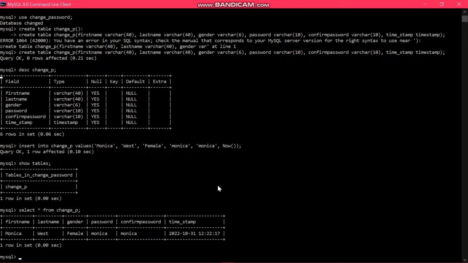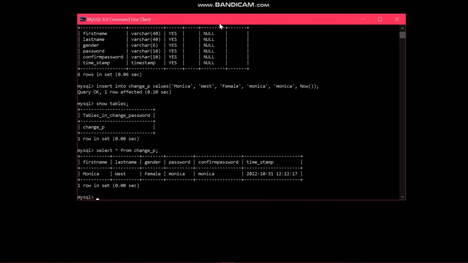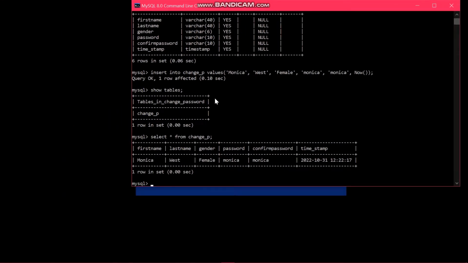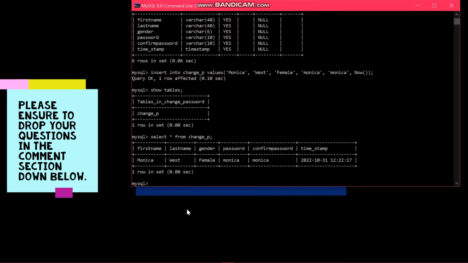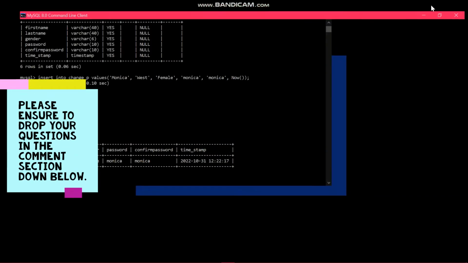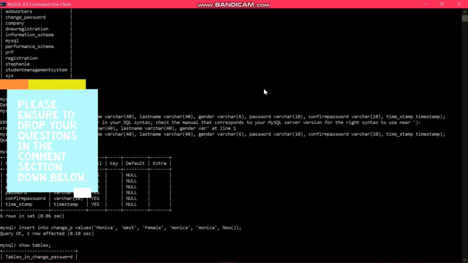So now we have created this, we'll have to go to our GUI and try to connect our GUI to our database. Okay, I hope this was properly understood. Please, if you do not understand any